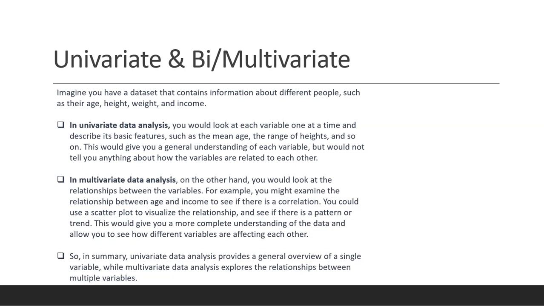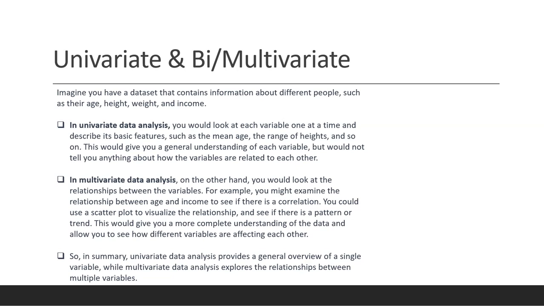Imagine you have a dataset that contains information about different people such as their age, height, weight and income. What would you do for univariate analysis? You would analyze each variable like height and weight separately, for example by calculating the median and standard deviation for each of the variables. This would give you a general understanding of the distribution of height and weight data, but would not provide information about any relationship between these